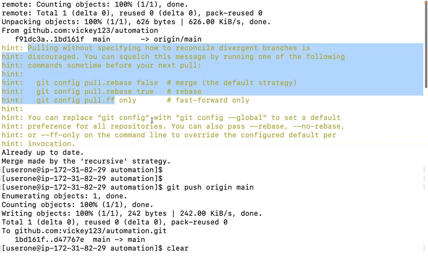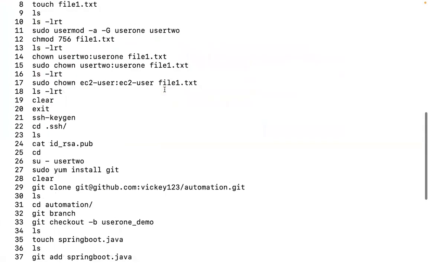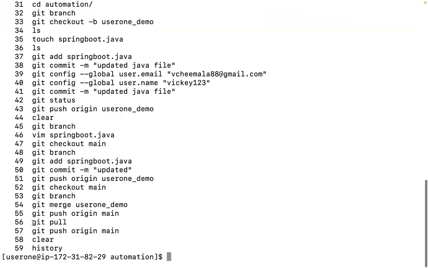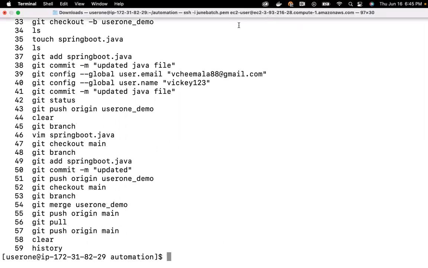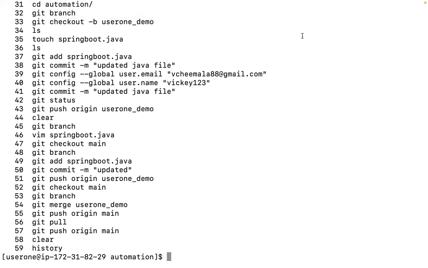This is just a warning. Okay, and I was able to pull it, then I was able to push it back. Without giving the git merge user1 underscore demo command, instead of that we can like